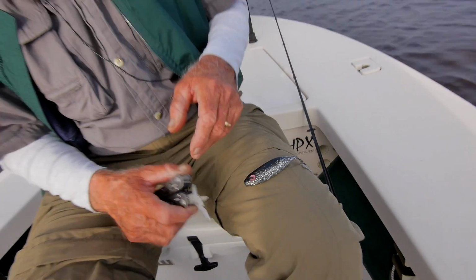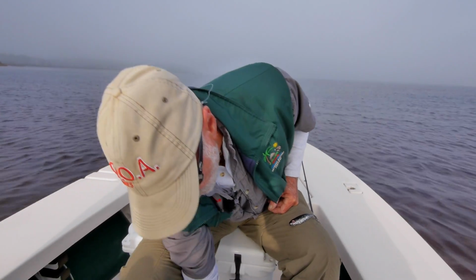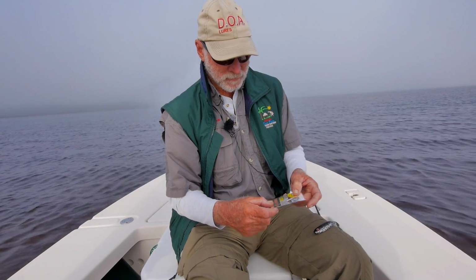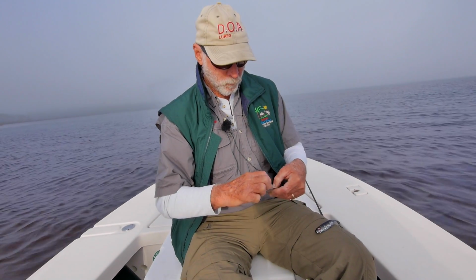We've used a bunch of different hooks in this bait, and they say, why don't you design one for it? But somebody already did it for me, and I don't need to. This owner hook, we use our hooks. I'll use one of my long neck hooks and put a piece of foam in it sometimes and fish it